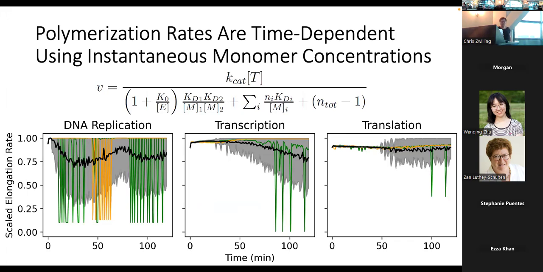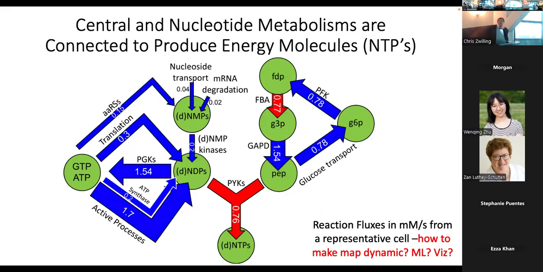The black line is the average, or what we call the healthy cells, but occasionally some of them can die, and we try to dynamically represent how the central and nucleotide metabolism are connected in order to help make these NTPs and the deoxy versions of them. So over on the far right, we have glycolysis, the metabolic pathway for that. And then we have some of the genetic information processing steps over here. But what we've noticed is this can just start collapsing somewhere involving these enzymes, and you'll run out of PEP, and then everything just starts dying when you get cells out of maybe 200 runs. At the time for our paper in Cell, we were getting about 80% of them